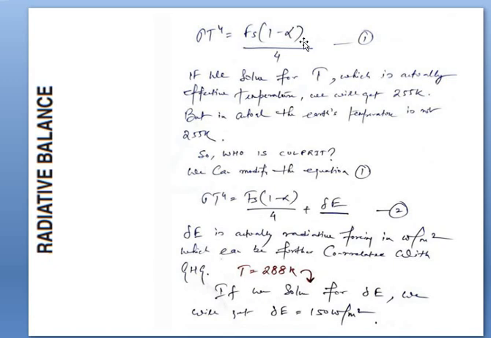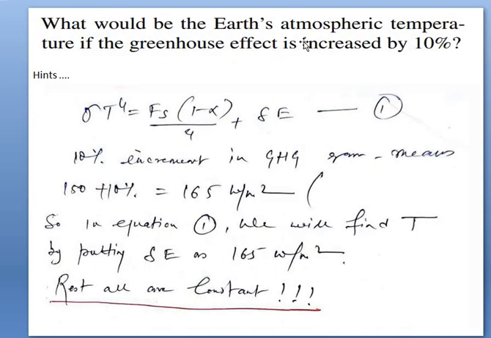So if you are going to solve a question, suppose the question is this one: what would be the earth's atmospheric temperature if the greenhouse gas increased by 10%? This question was taken from Ronald Heights, that is an atmospheric chemistry book. It's a very good book. We have another book that is known as R-Stall, right? I've given the reference in the first slide itself. So here, what would be the temperature of the earth or the atmospheric temperature